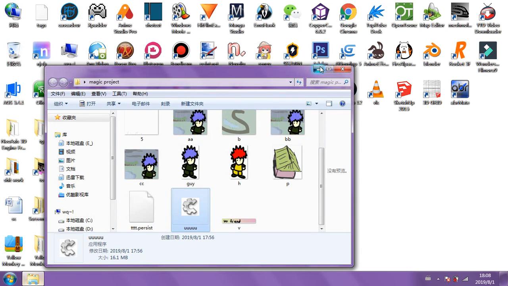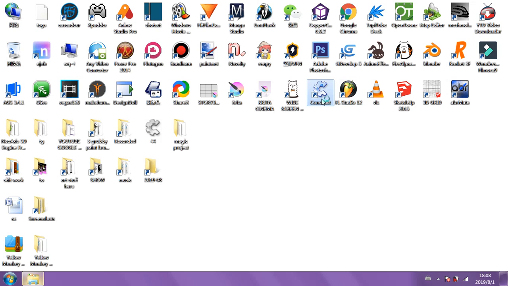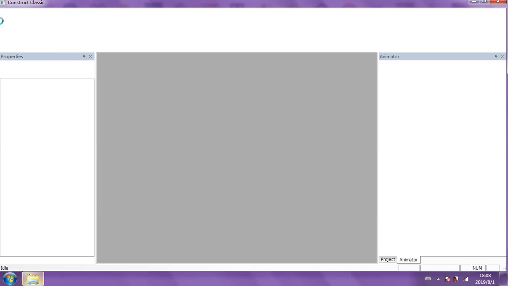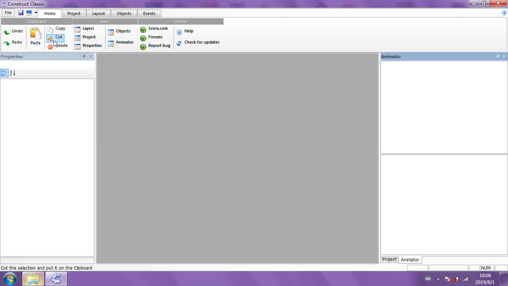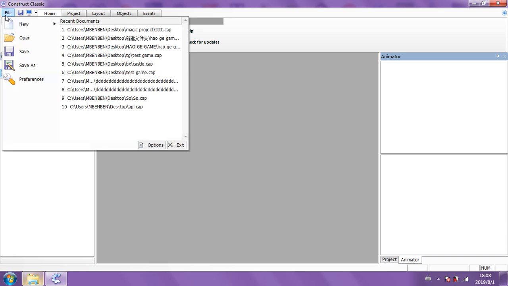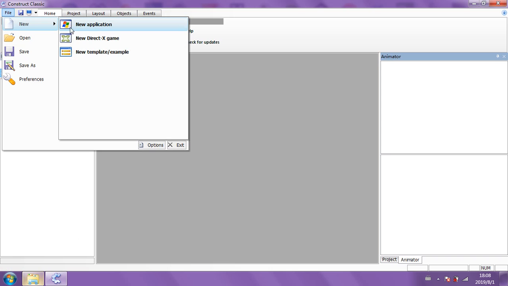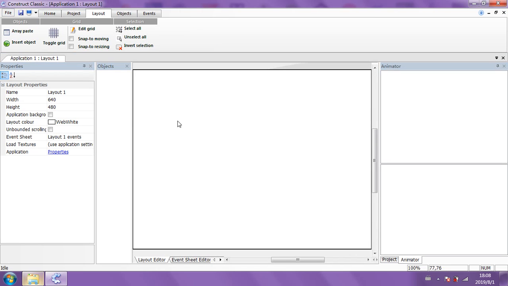Okay, so I'm going to open up Construct. I've got Construct Classic. Okay, free software, no coding necessary. I'm going to speak fast, and I'm going to take you through this the best I can. Okay, File, New, go to New DirectX game. Don't change the layout. Under Objects, right click and go Insert Object.